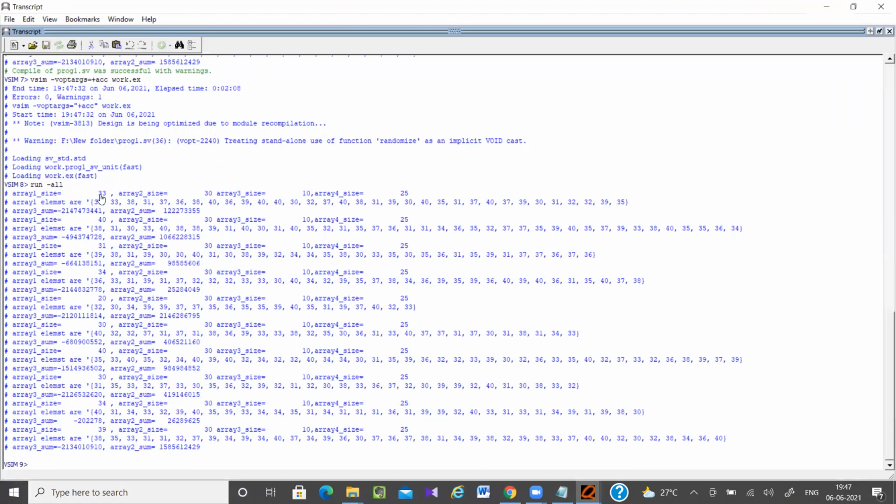Now you can see array 1 size is like 30, 40, 31, 20. It is either 20 or between 30 to 40.